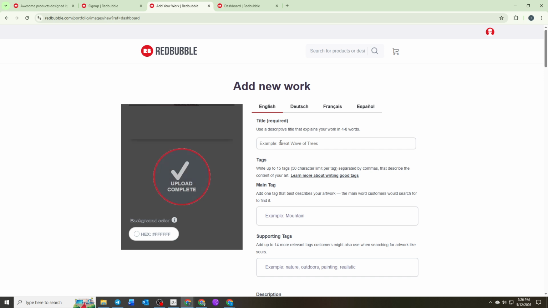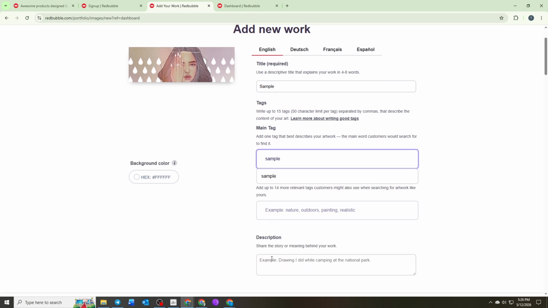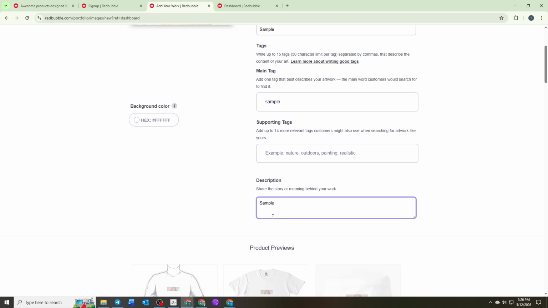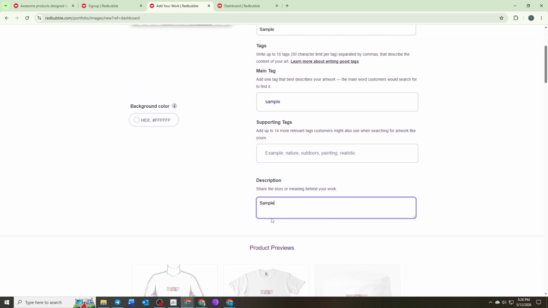Add a title that clearly describes your artwork and catches attention, then enter relevant tags so customers can discover your work through searches. You should also include a short description that explains your design or gives additional context to potential buyers. Once those details are added, Redbubble will automatically generate previews of your artwork on various products such as shirts,